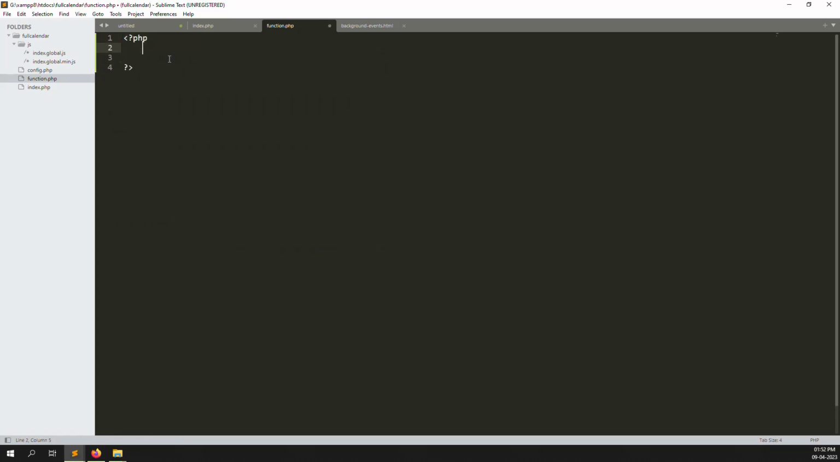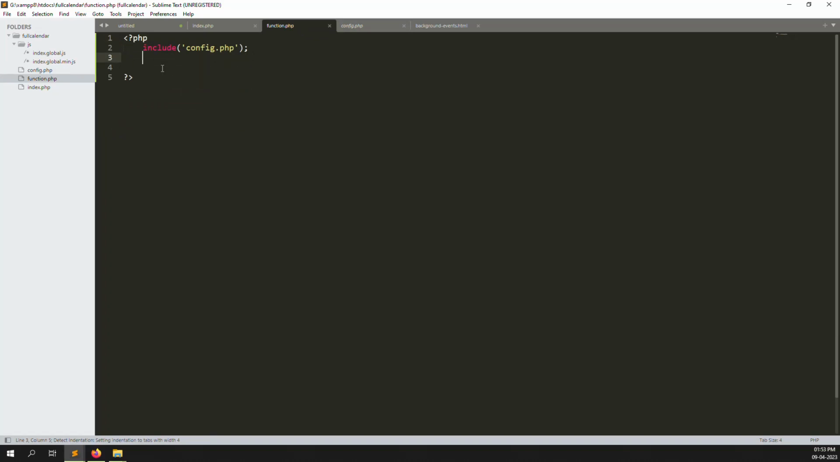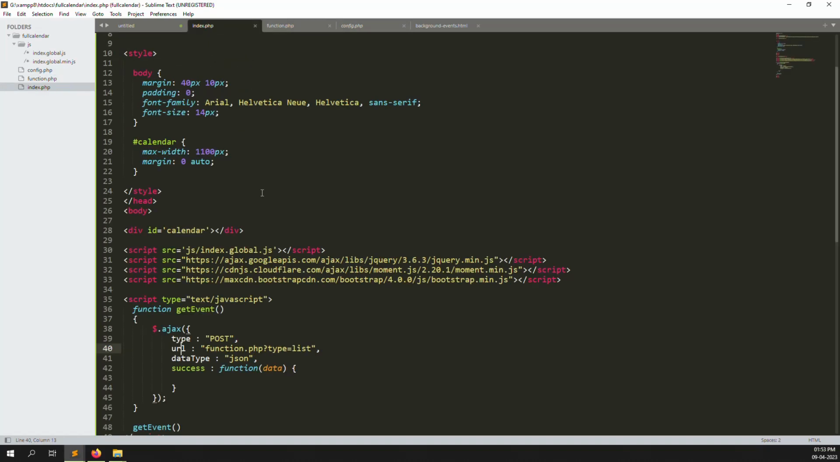So include config.php. You can see here we have already created config.php. Inside we have made a database connection. So we are getting type is equal to list. So let's make a condition, if